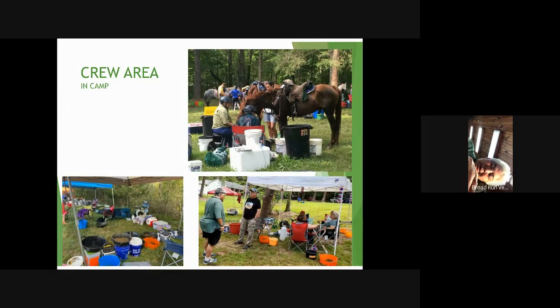So in that bucket that says finish line on it, it has a stethoscope, and syringes that you can mix your electrolytes in. It has electrolytes. Because we're lazy, we use the pre-filled paste syringes. It has bottles of calcium in it, and potassium. A lot of times, if your heart rate's not down, or if they're not eating as well as they should be, or if you're having low muscle issues, those help. There's nothing else special in there. But if I bring him in and I want to get him down and get him to the vet check,